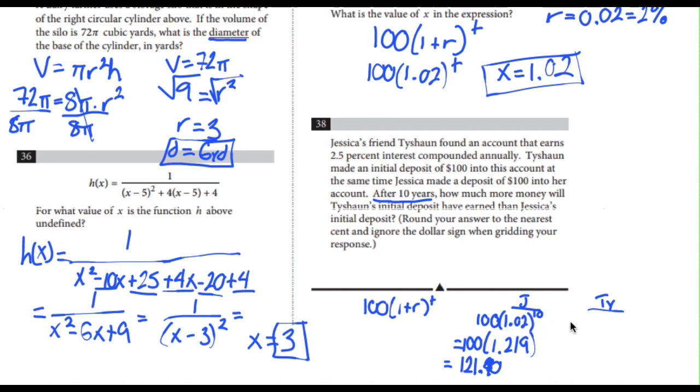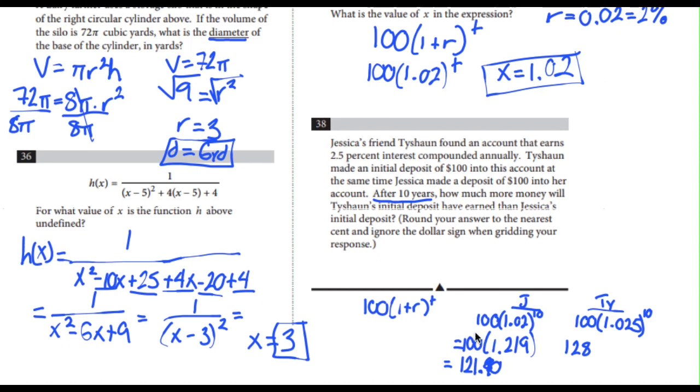Instead of 1.02, this is going to be 100 times 1.025. This is the 2.5% to the power of 10. So first we're going to do 1.025 raised to the power of 10. And then we're going to multiply by 100. And this is going to give us approximately